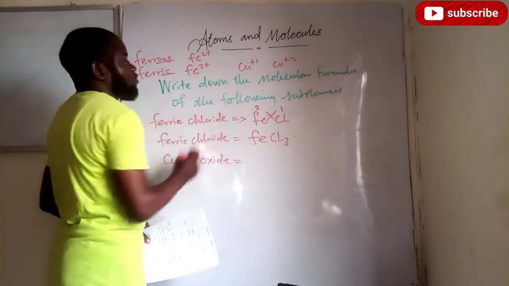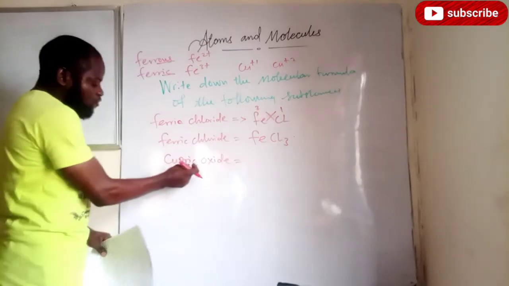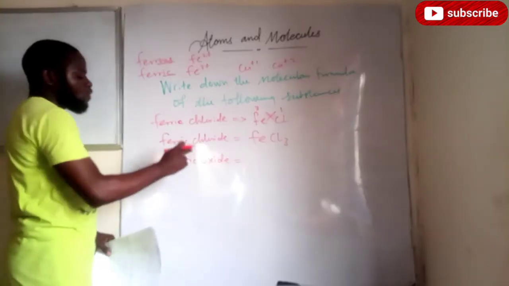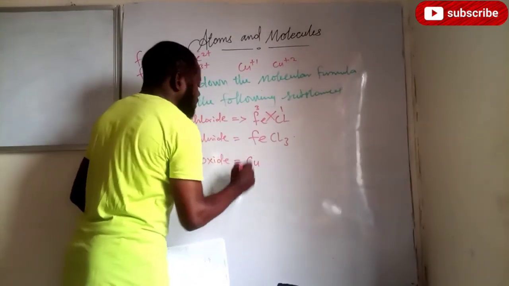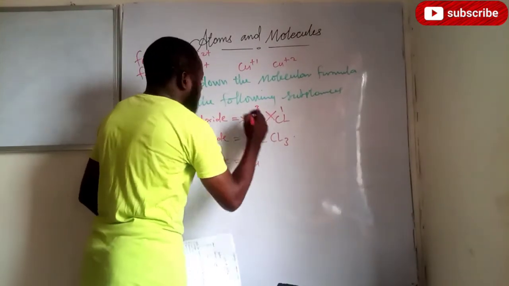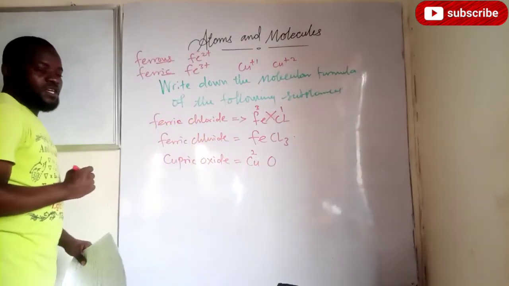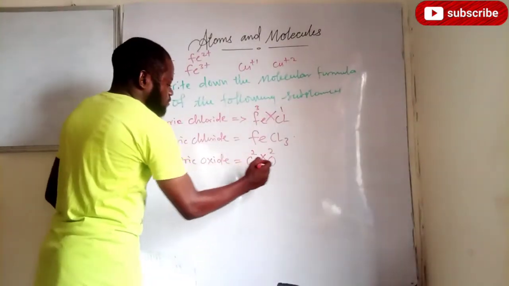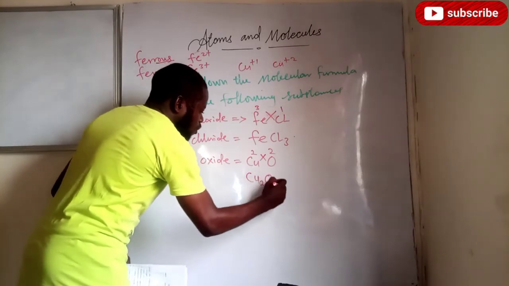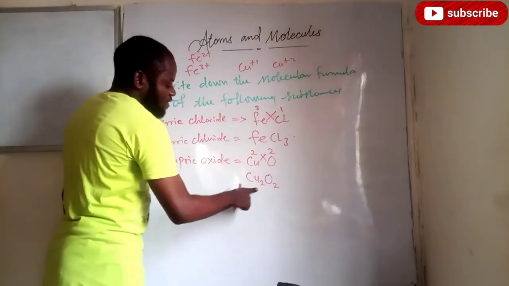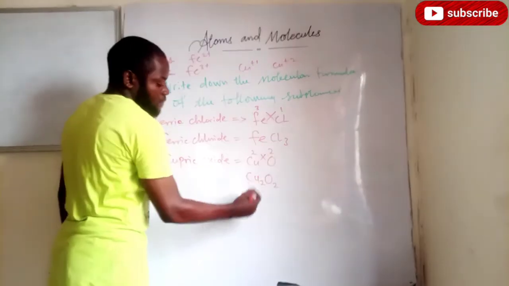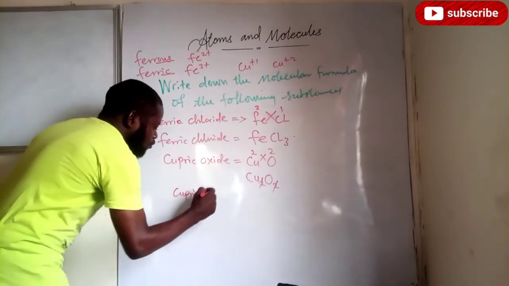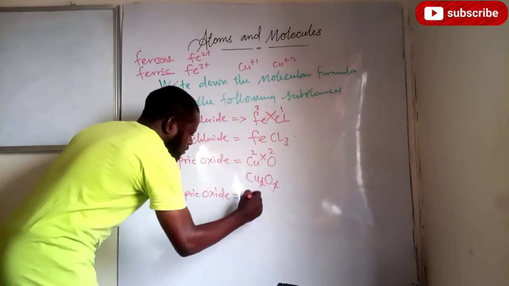Now, how are we going to know the one to use out of these 2? Remember, I told you that once you have ic, that is the highest. But when you have ous, that is the lowest. Therefore, cupric oxide is going to be Cu, then we have 2 here, then we have oxygen, O. Are we together now? Which is also 2. The valency electron of oxygen is 2. When you cross multiply, we are going to have Cu2O2. Now, because 2 can cancel 2, or because 2 is common, we can just eliminate it. Therefore, we have that cupric oxide is said to be